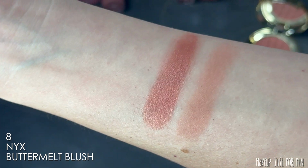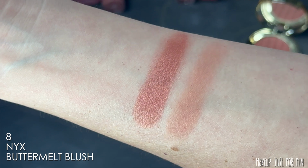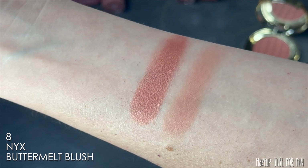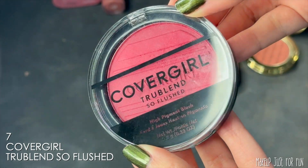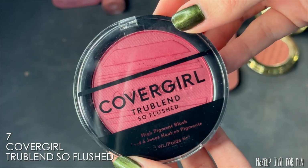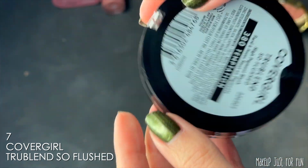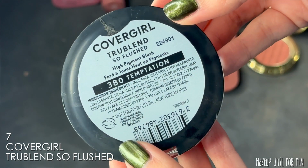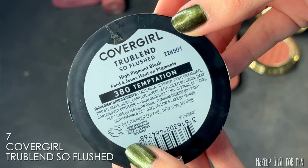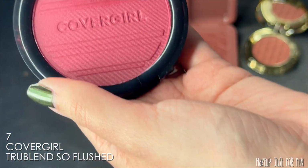So it's just because I do tend to prefer cream cheek products over powder cheek products. And if you are somebody who prefers powder cheek products, then these middle of the road, quote unquote, I feel like that's not a good enough way to put it. This middle section is truly filled with really good, high performing, wonderful blushes that I highly recommend, particularly this CoverGirl